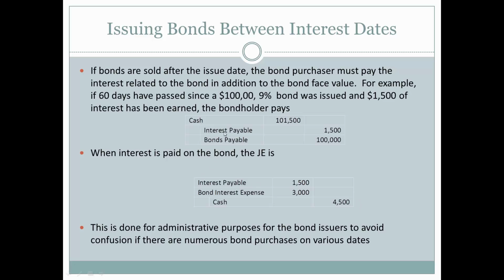But the interest payable was only needed because the bond was sold after the issue date. Now, why is this done? It's done for administrative purposes for the bond issuers to avoid confusion if there are numerous bond purchases on various dates. So every one of the bond purchasers would essentially prepay the interest on the bond, and the bond issuer would recognize a payable, meaning they know they have to pay